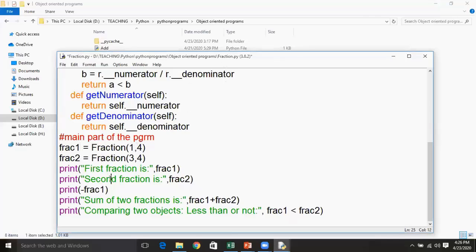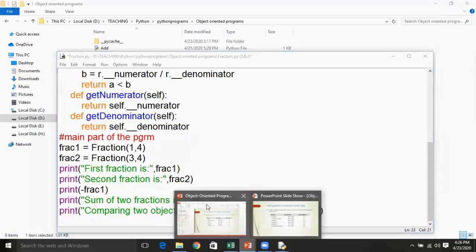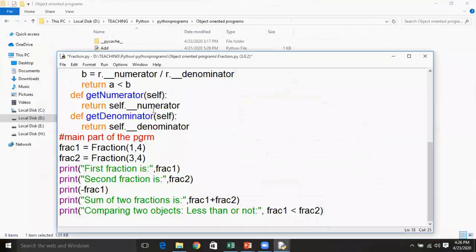Now you are trying to display an object. frac1 is an object. When you try to display an object in a print statement, it is going to call a default method, like we discussed previously, which is written in the fraction class.